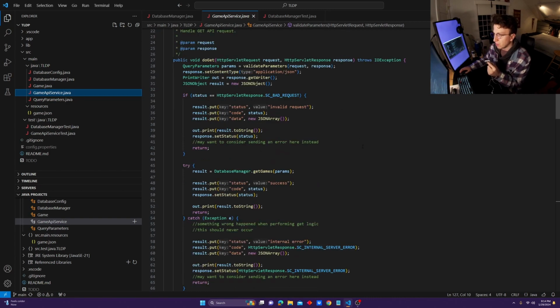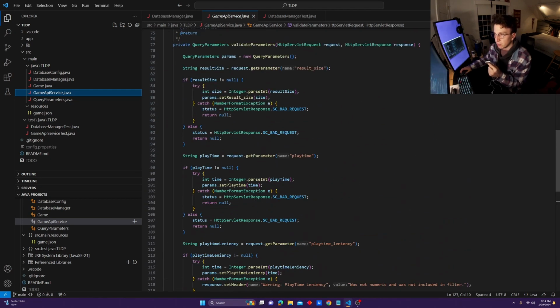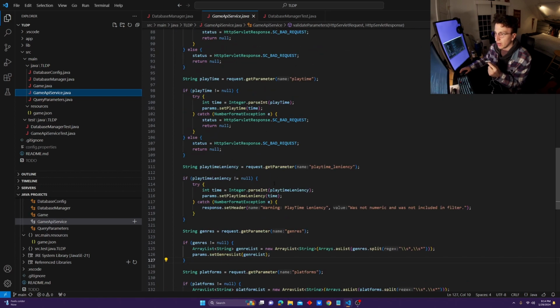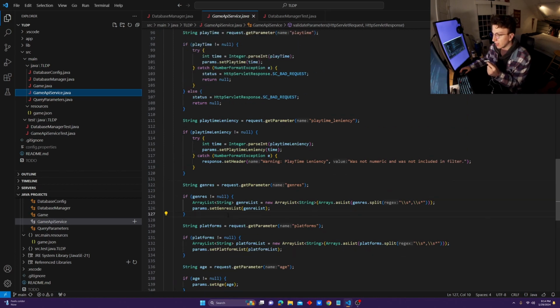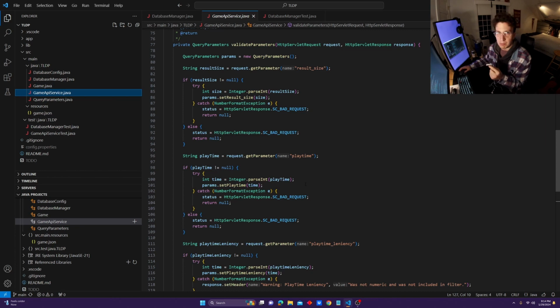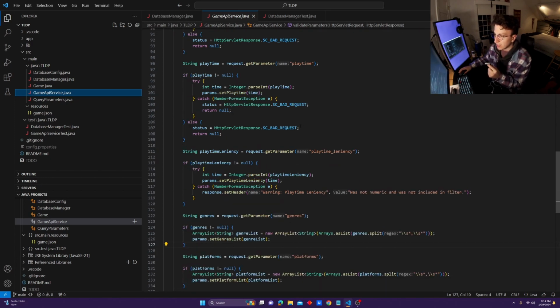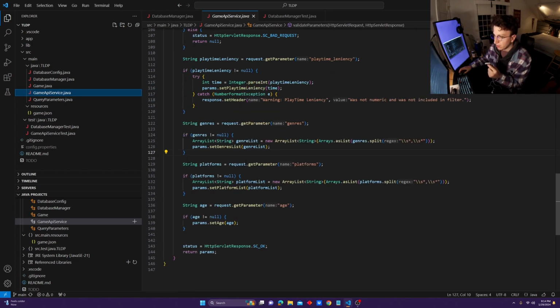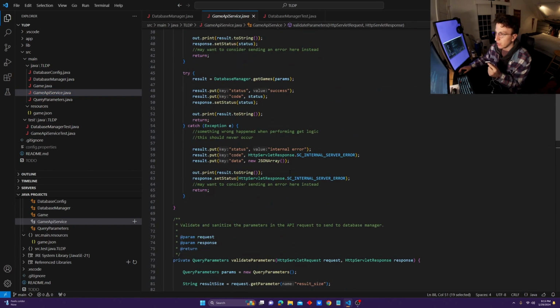So it takes in a request and response. We're seeing this method here, which validates the parameters, which basically just takes the parameters from the request and turns it into a query parameter object, based on whether certain things exist in the request or not. The result size and the playtime are both required parameters, and those input boxes require you to fill them in, otherwise you'll get a notification. So you can see I'm handling bad parameters,